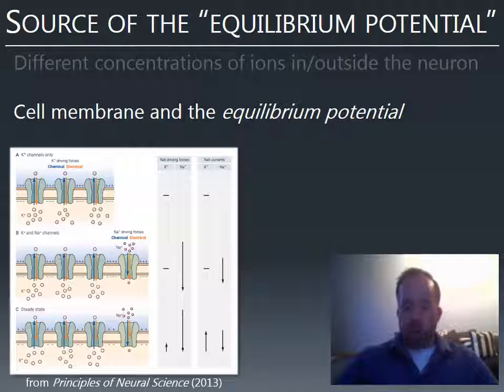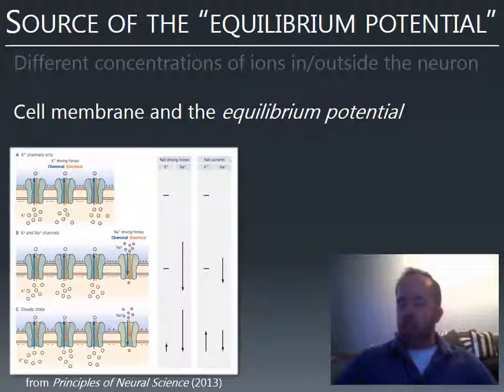So if there's a hole in the neuron, which we'll call a channel, and we'll explain that in a bit, the sodium is going to want to flow into the neuron because there's so much of it outside, so little of it inside. But the thing is, there's already a bunch of potassium inside. And the potassium is positively charged like sodium. If potassium were negatively charged, well, everything about the environment would make sodium want to go in. There's not much of it inside, and it's got this negative ion pulling it in. But potassium is positively charged. So sodium wants to go in because there's relatively little of it, but it doesn't want to go in because there's already so much positive charge inside the neuron.